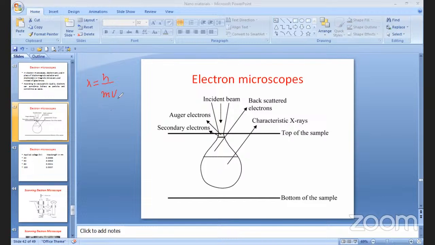Velocity can be found using the formula eV equals half mv squared. Here, capital V is the applied voltage, and the small v is the velocity of the electron. So the wavelengths, whichever we have seen,